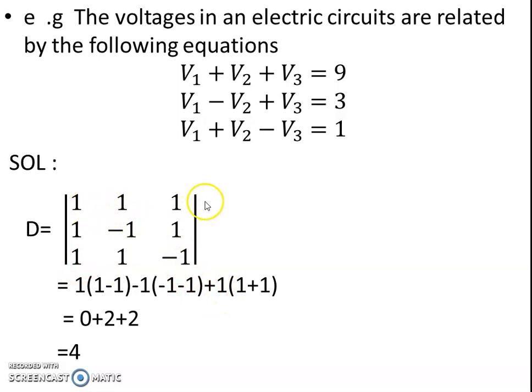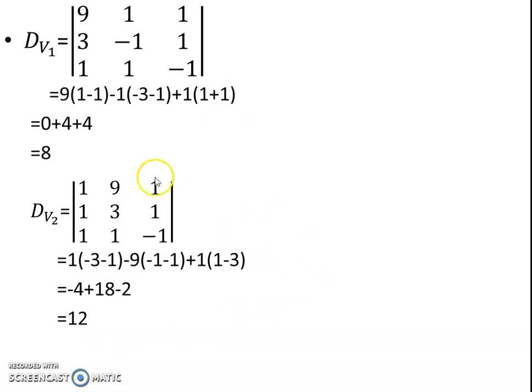Next, the first row and last column. The center of that first row and last column is 1, so we should write it as positive, plus 1. So in the bracket we have to take the multiplication, skipping the first row and last column. So 1 minus 1, 1 1, 1 ones are 1, and 1 into minus 1 is minus, minus plus 1. Be careful, 1 minus 1 is 0, 0 into anything is 0. Minus 1 minus 1, minus 2, minus 2 into 1, minus 1 plus 2. 1 plus 1, 2, 2 into 1, 2. 2 plus 2, 4. We derive the answer of D is 2.